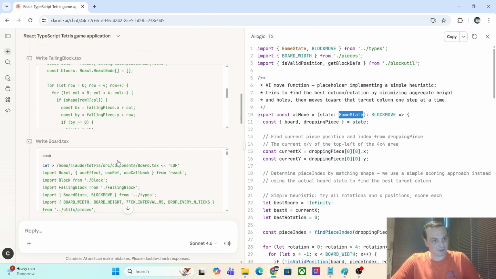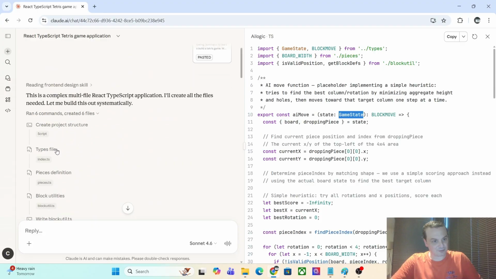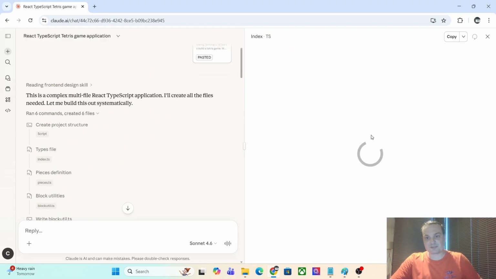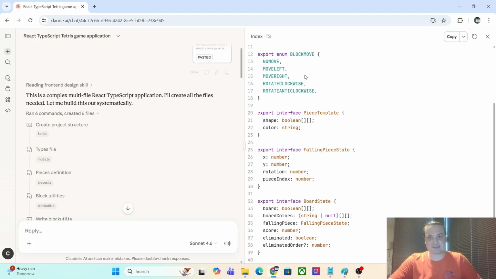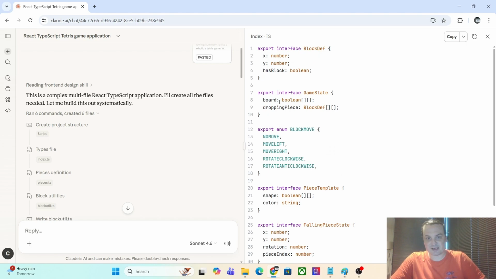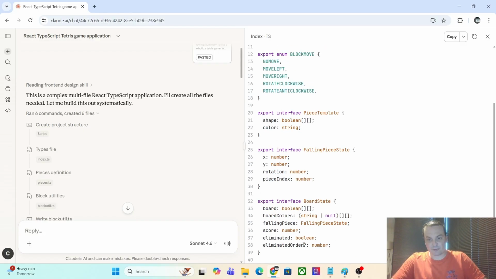It was up the top here. It's not showing down the bottom down there. That's interesting. So the types has basically the types of all the things I gave it and so forth. And you can see here at the top, it's got the game state, and this is basically what I define with the dropping pieces. It's got the block def and so forth. And then it's also got this thing called the board state, which has put a few extra things in, which is good. And it's got the falling piece,